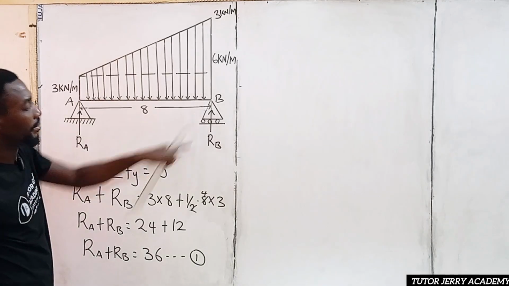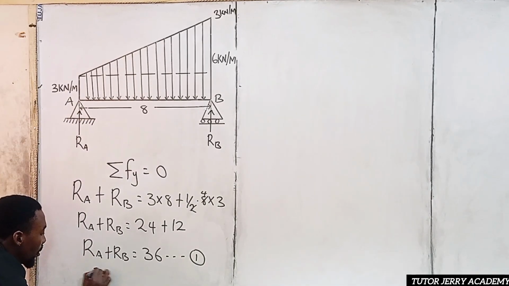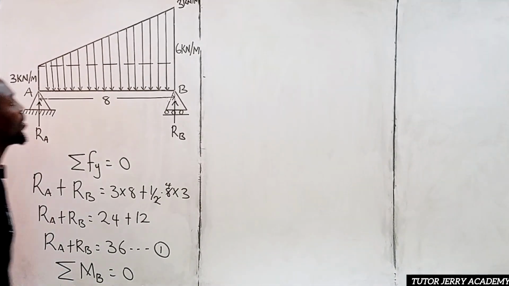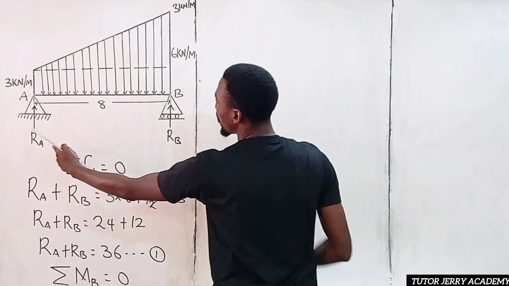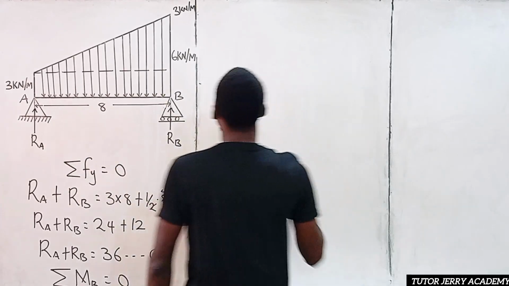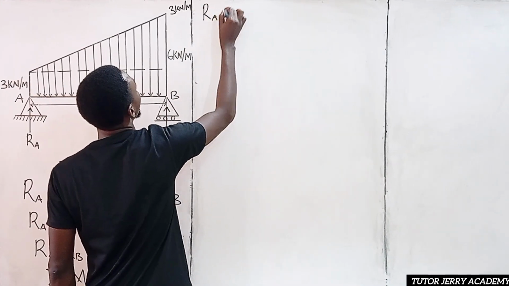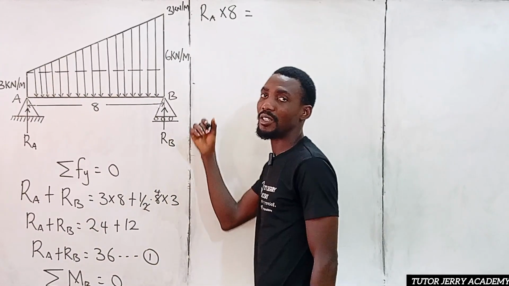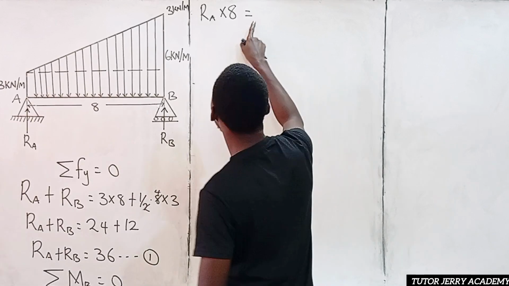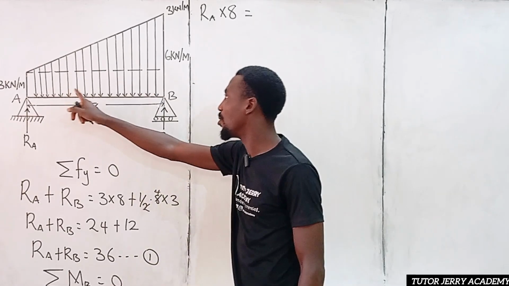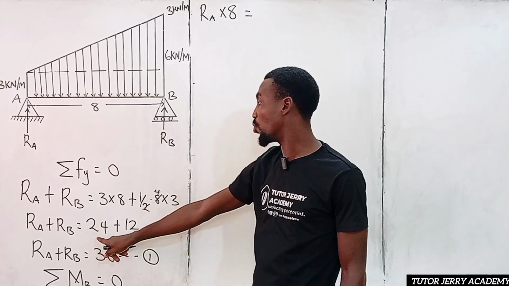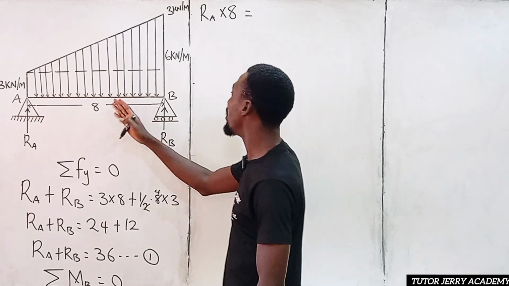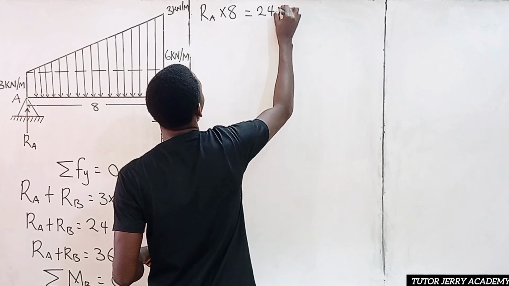All right, so the next thing we are going to do is take our moment about B. The summation of moment about B will be equal to 0. So now it means that this is going to be R subscript A multiplied by 8. So we are going to have R subscript A multiplied by 8 will be equal to, because our upward force is positive while downward force is negative. Now when we convert the uniform distributed load to a point load, it's nothing but 24, and it's going to act at half of the length. So it's going to be 24 multiplied by